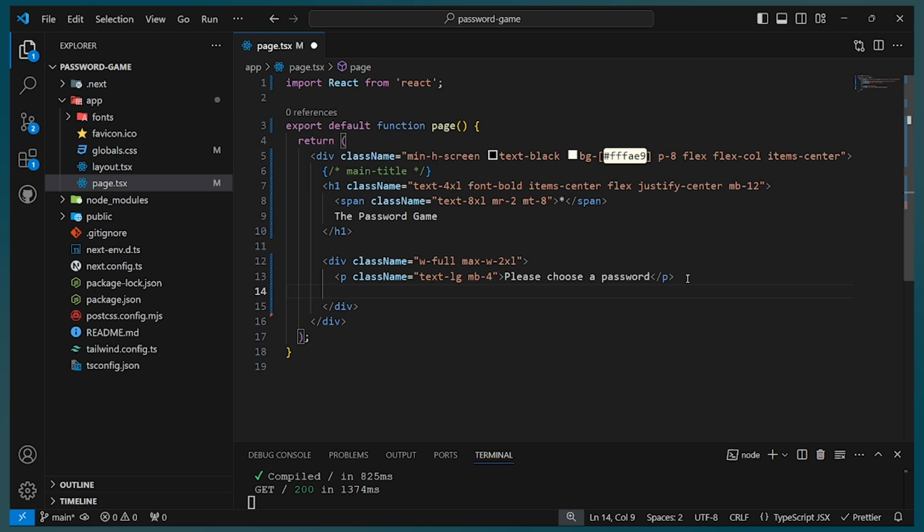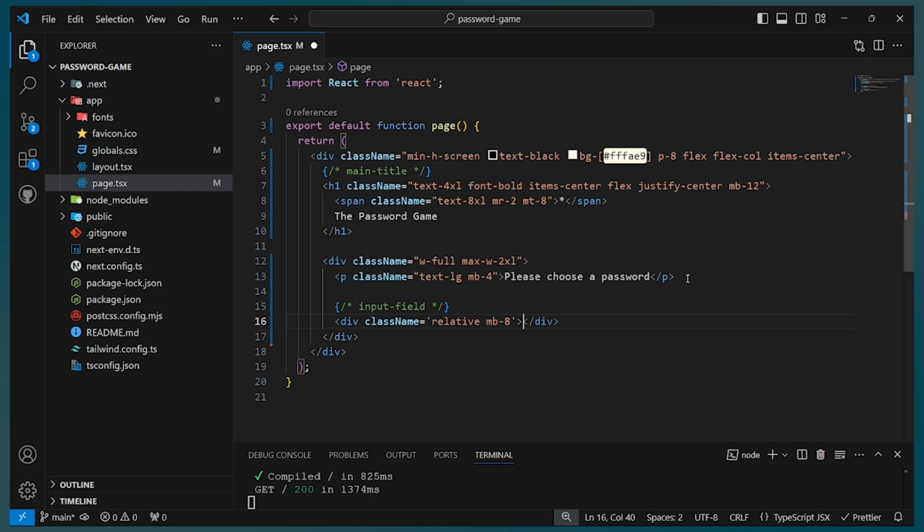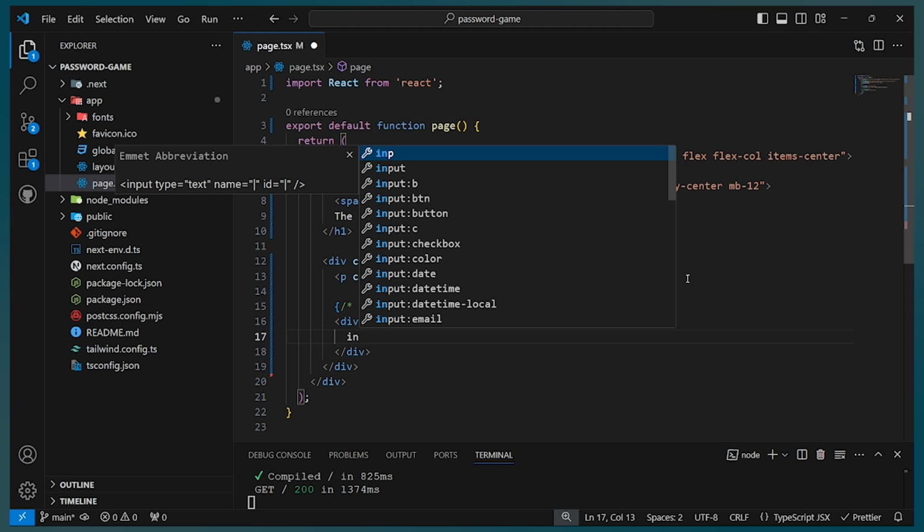enter the password. So I'm gonna name this input field, right? So I guess what we need here, I think it would be a nice idea if I put a div of class name. What should we give it? Since it's gonna be somehow, let's make this relative and give it a margin bottom of 8, and then inside there is where we're gonna put our input,